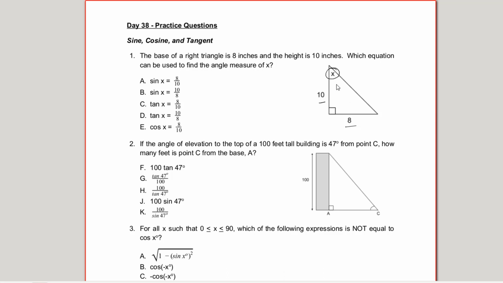There are different trig functions that we can use to find x, but our answer is going to be based on what we're given here. Using the side lengths of 8 and 10, we could find the hypotenuse if we needed to using the Pythagorean theorem. But let's go ahead and look at some of the choices we have here. It is a "which" question, so that tells us we're going to evaluate the answer choices to see